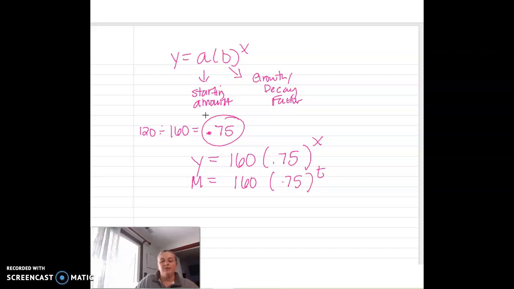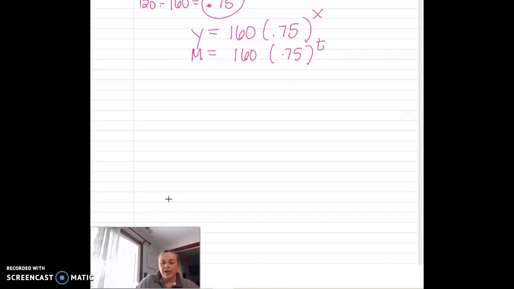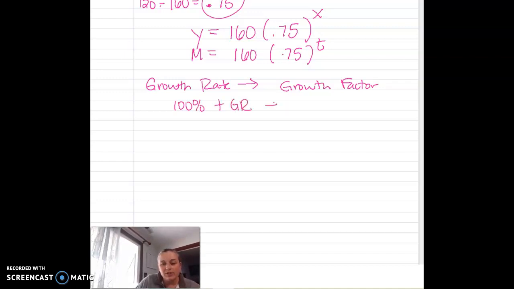Where did this 0.75 come from? Well, it's very similar to our growth rates versus growth factors. When we did growth rates into growth factor, we had to take that 100% of what we started with plus whatever our growth rate was, equal to our growth factor, and then turn it into a decimal. So we had 100% of what we started with plus whatever rate we were working with. But if I'm looking at my decay rate,